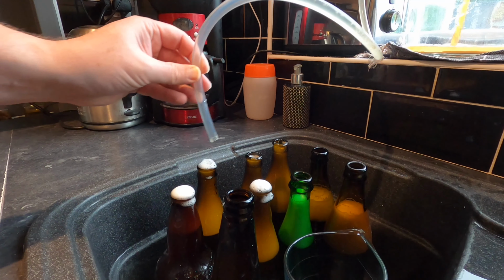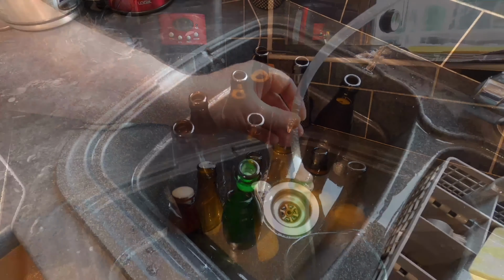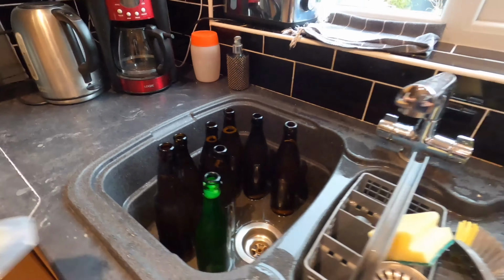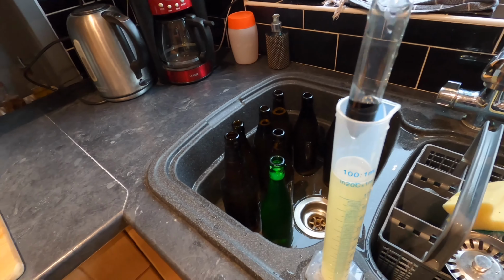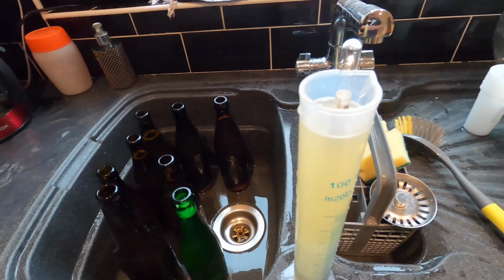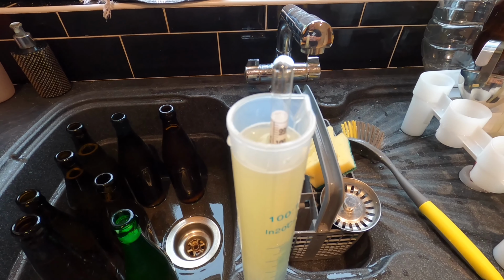Right, bubbles in the siphoning tube tell us that that process is over. So after some juggling around and topping up, this is what I've ended up with. But before I go any further, I'm going to take the final gravity. So pop this in here. It's always nice when it sinks like that. And I've ended up on a final gravity of exactly